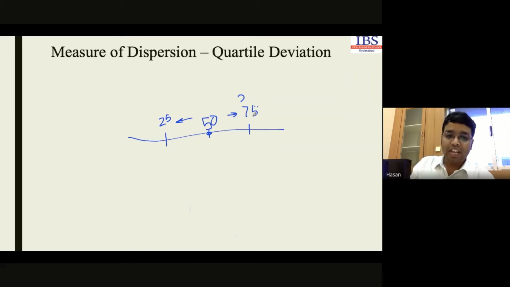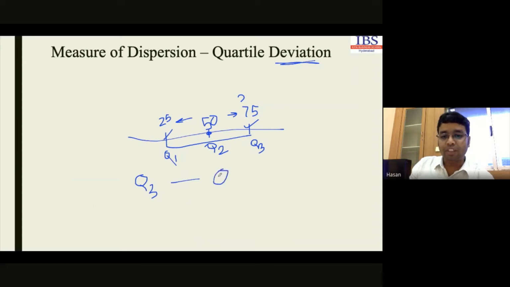So basically we have 3 different quartiles. This is first quartile, this particular point is second quartile, and this is third quartile. Now what is quartile deviation here? Quartile deviation is the difference between these quartiles, okay? This is first and this is third quartile. So it is the range between first quartile and third quartile, which we can call the interquartile range, third quartile minus first quartile.